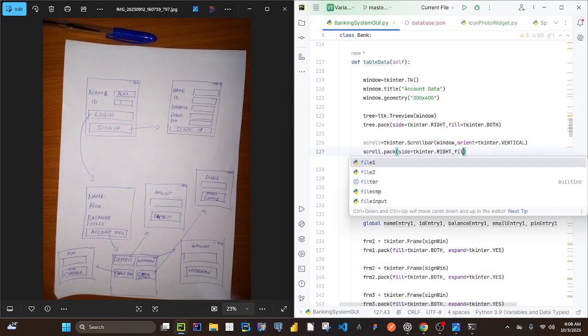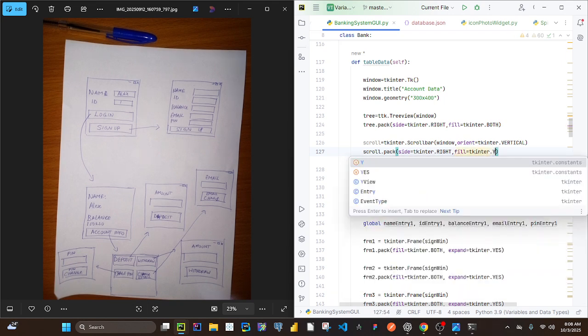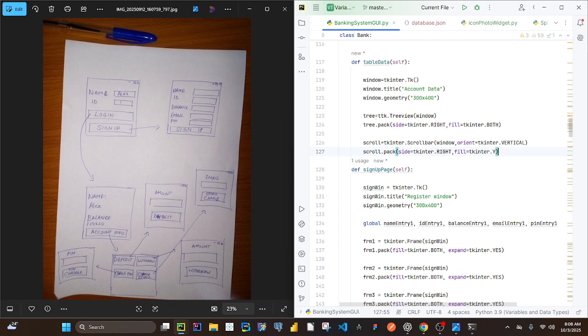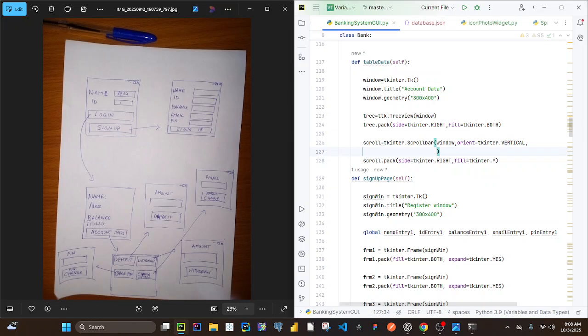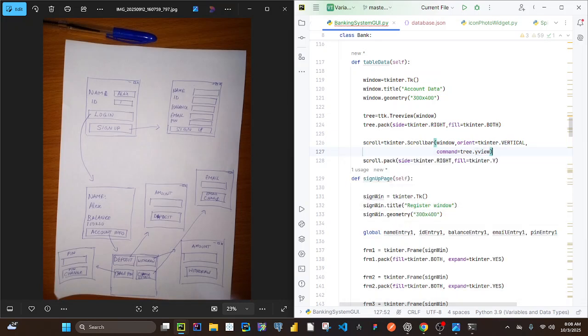And I'll say fill, and I will allow it to fill the y-axis alone, just the y-axis. That's it. Now, while I'm doing that, I need to ensure that this scroll bar has the permission to scroll over the tree view in case we have an overflow. So I will come here and I will say command. If you can still remember, I've already talked about this. So dot y view, I said y view and then the y scroll command, they go together